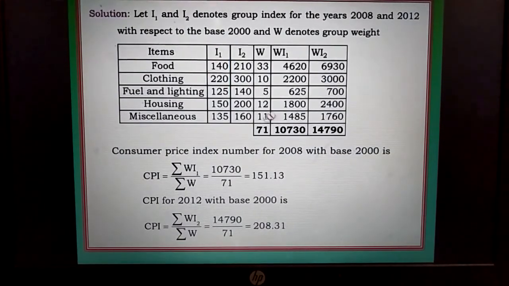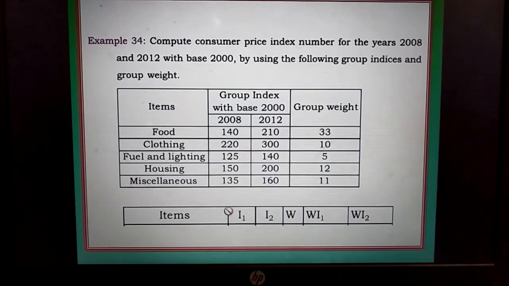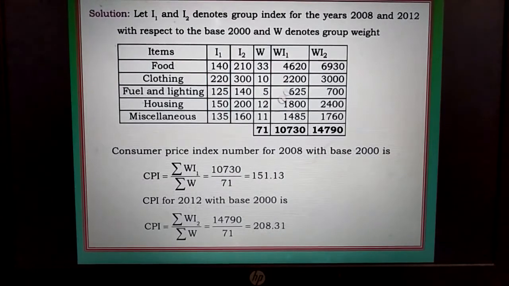So here the calculations are performed according to these headings. In the previous slide I had shown these headings. Calculations are performed here, and whichever summations were required are taken. Substitute, you know the formula already. Substitute in those formulas and get the answer. Simple task. We had calculated previously for a single year, but here it is asked for two different years. That's why the notational change as I1 and I2. Apart from that, everything remains the same.